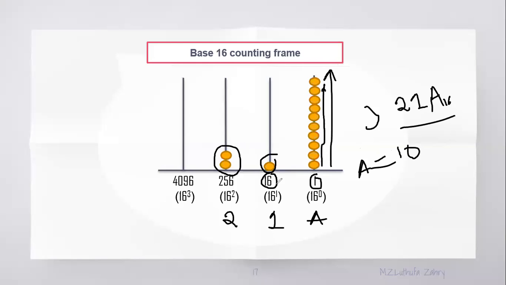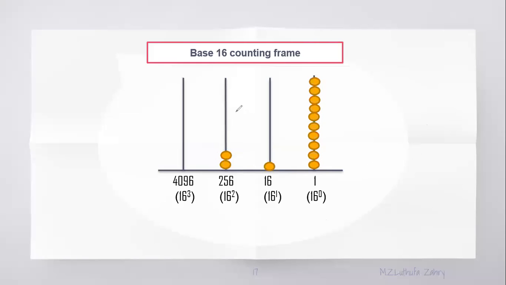Do you understand? Okay, so this is just the base 16 counting frame. This is how we are showing a number in the counting frame. This is not going to come for your exam. They are not going to give you any counting frame and ask you, so don't get scared. Looking at this, it is just too simple to show how the number is formed, like 2, 1, and 10. This 10 is that A.